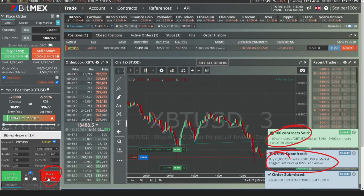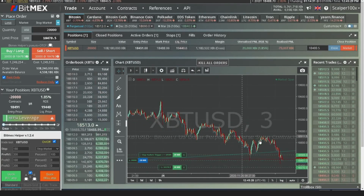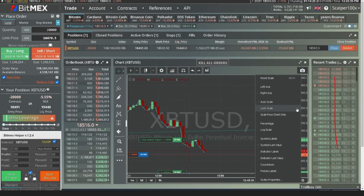So you can see our entry price is 18491. It's not that bad. I'm adjusting my limit. I'm feeling like there's a lot of movement here,